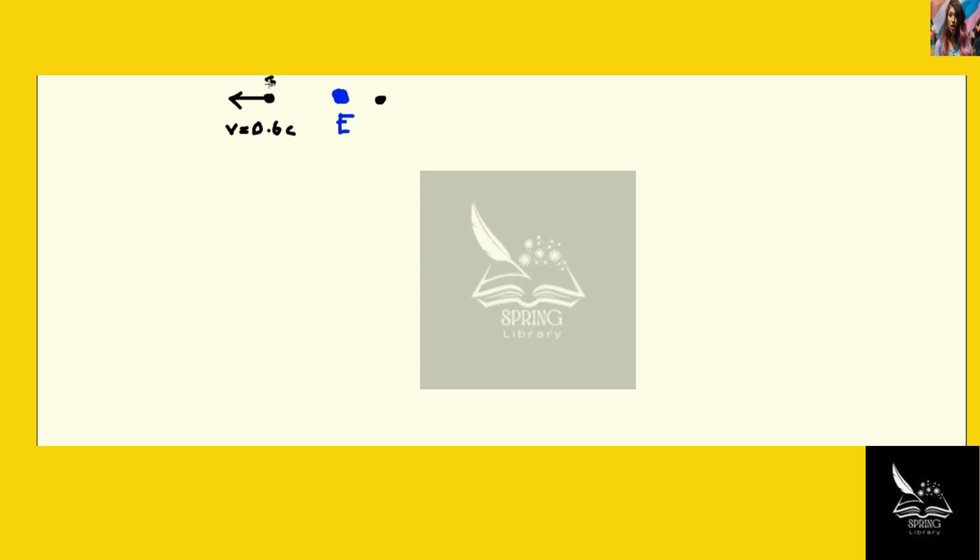So this is S1, spacecraft 1. This is S2, spacecraft 2. Okay, same velocity, but opposite directions. All right, so what is the velocity of one ship relative to another, and vice versa? Okay, so